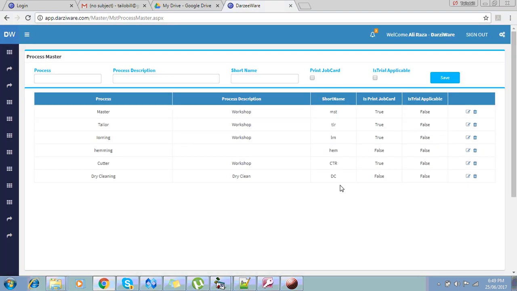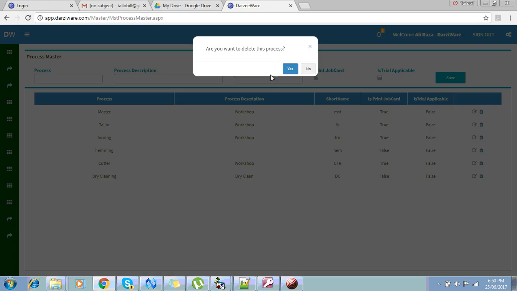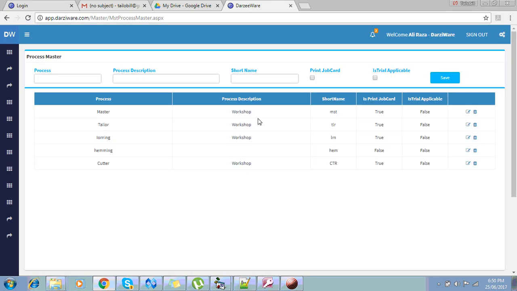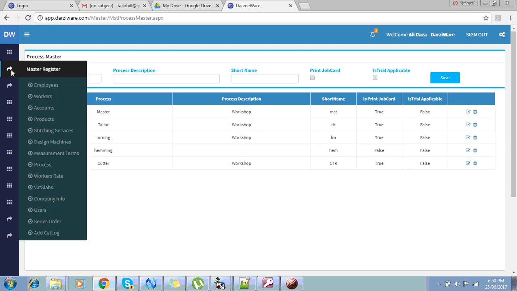Now if you want to delete any existing process which is not required for you at the moment, let's say dry cleaning you want to delete, there is an icon on the right side, extreme right of the columns. Here if you click on delete, it will say are you really sure to delete this process? So it is not deleted. So the first thing in the Darziware configuration is to create your process. Once you are done with creating your process,